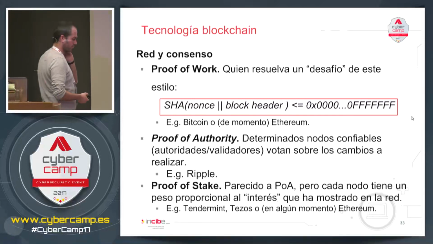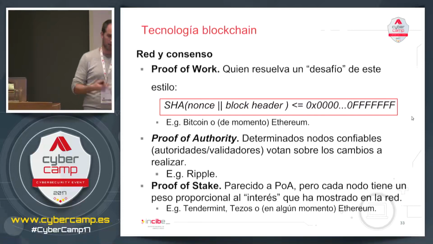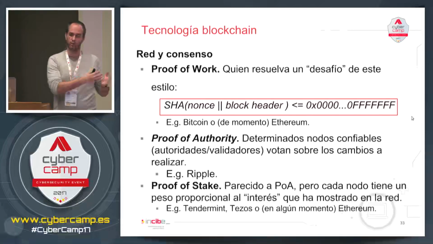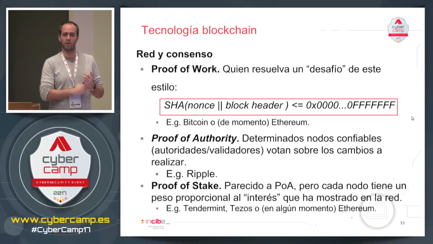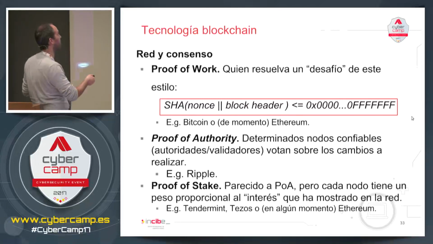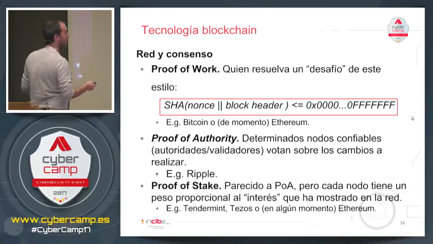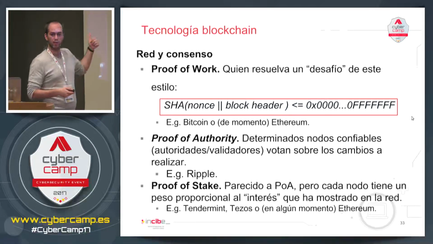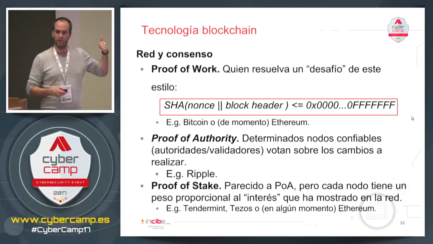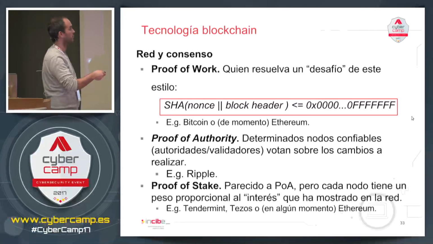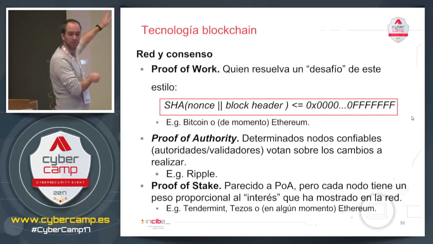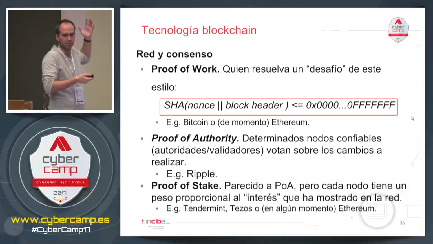Why is it called proof of work? Because the validating nodes that want to generate new blocks, which in this case are called miners, have to do a lot of computational work. What sort of computational work has to be done to resolve this kind of equation? You remember the bits field in the header, these tell you implicitly how many zeros this challenge has to start with, which is a hash. It's called a SHA.